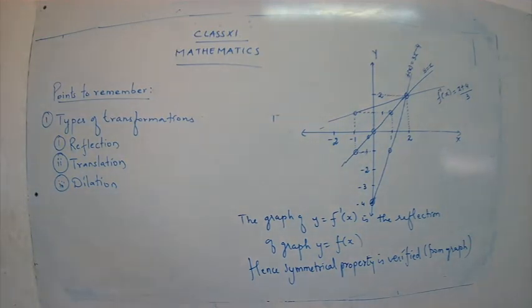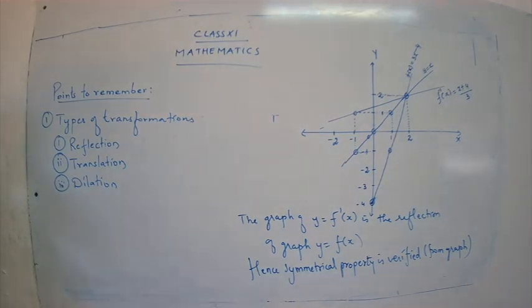Now let's study the three different transformations with the help of examples. I'm going to take some examples and explain to you the meaning of reflection and how the reflection is going to be. All that we are going to study in detail. Have you taken down this point? Take down this point, children. I hope you have taken it down. Yes, children? Okay, now let's start the next thing.